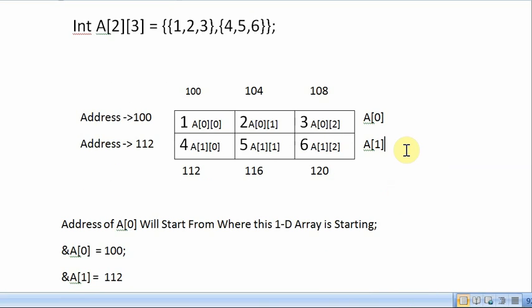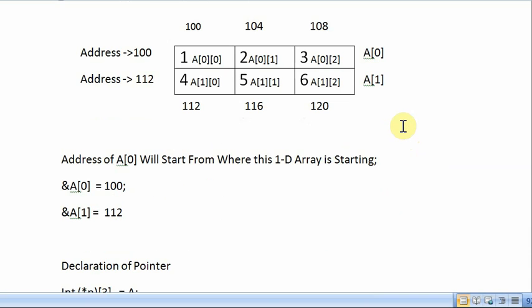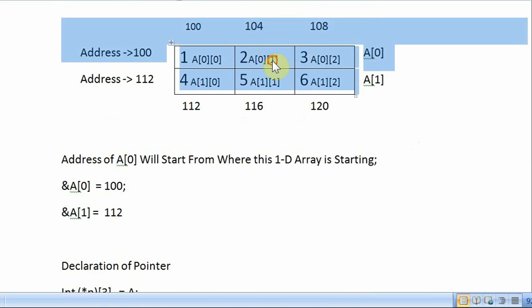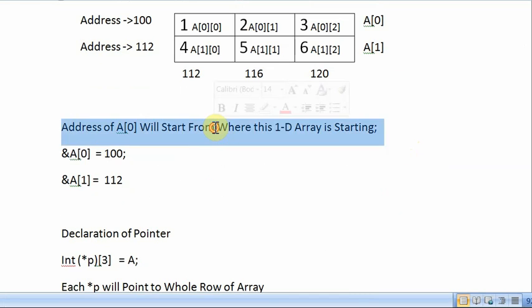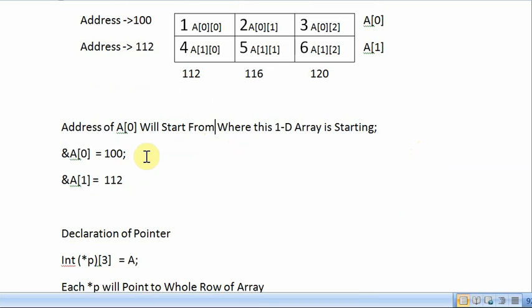Okay, so now look, first we consider the first single-dimensional array, which is the first row. So the address of a[0] will start from where the 1D array is starting. So the address of a[0] will be 100, because the whole row represents a single one-dimensional array.